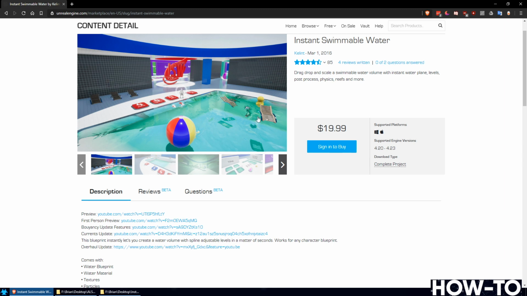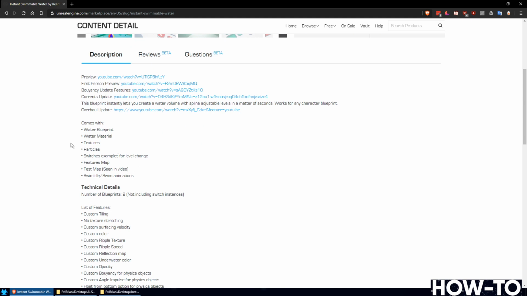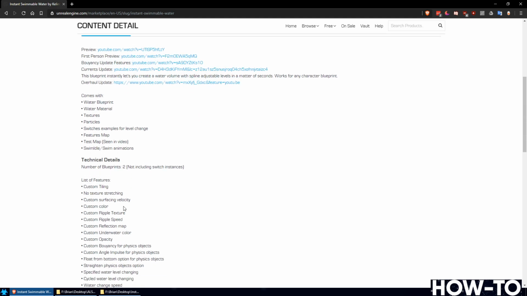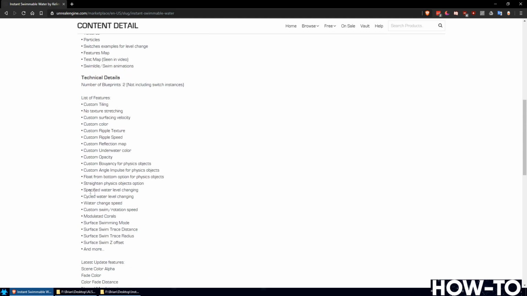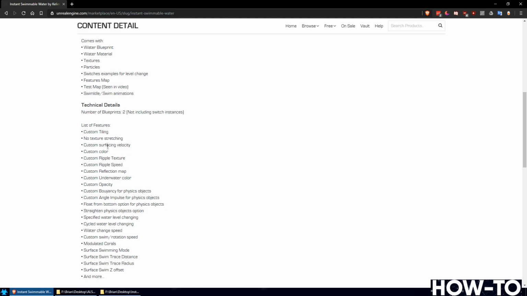and it gives you some pretty cool features with the water. You'll notice when you run around the demo map, it has different flowing directions and changing colors. It has a lot of features for the water, but it also has some pretty easy code for making the character swim. You can always improve,